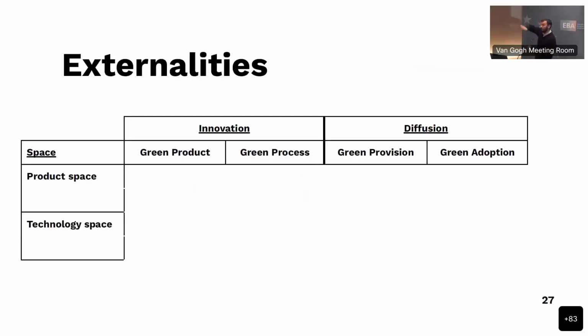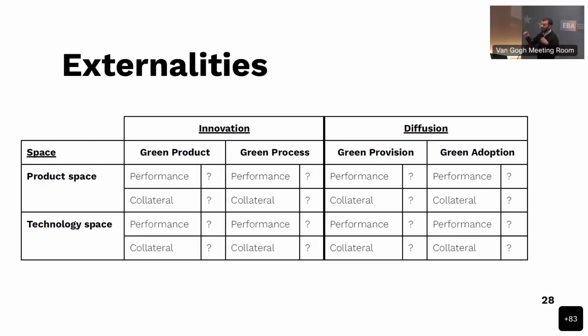The next question is, how do they interact with other firms in our economy? In order to do that, we use the production network. We have information about who buys from whom and who sells to whom. Using that, we construct for a given firm the product space, that is, the other firms which are close to this firm in terms of outputs. And then we have the technology space, which will be firms that are close to the green firms in terms of inputs. Our question will be, if you connect all those things together, do you have any channels that tell us that the green activity impacts the performance of any other firm, or impacts the collateral of any other firm?